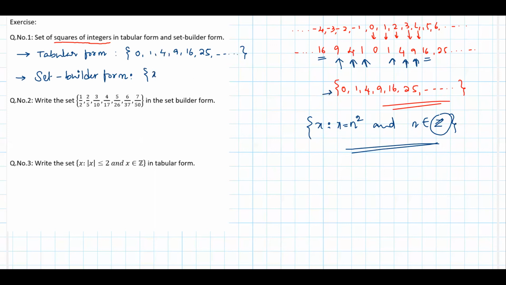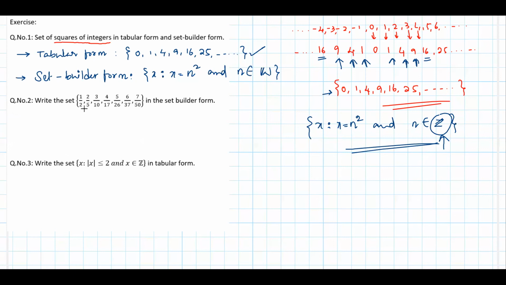We have the freedom. As long as we address each and every element from the tabular form, it's okay whichever major set we take here. You can even take whole numbers or integers, anything is fine. So x is equal to n squared and n belongs to whole numbers. All right, ultimately the output is this only. Clear? So we can write this set builder form in this format. That's clear.